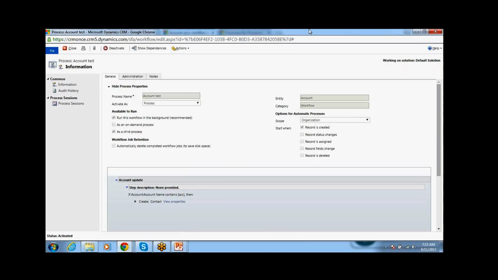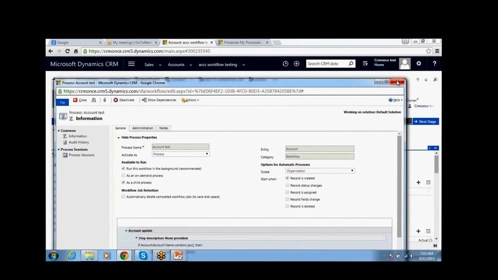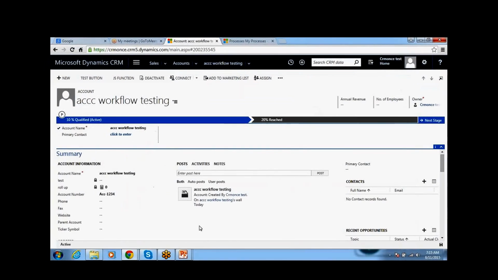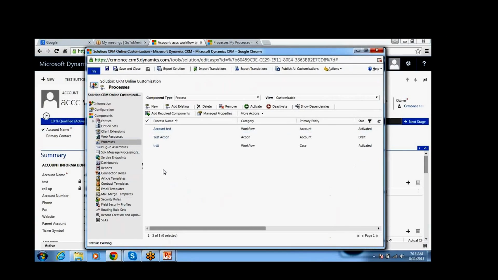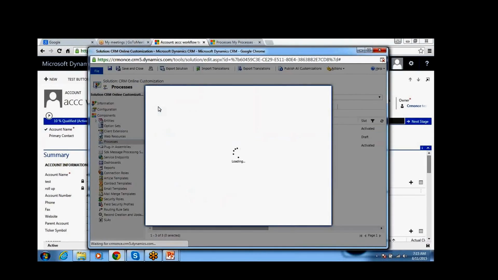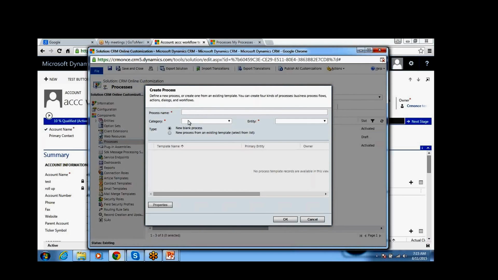For this one, you have to create another workflow. A child workflow means it can be called from another parent workflow.